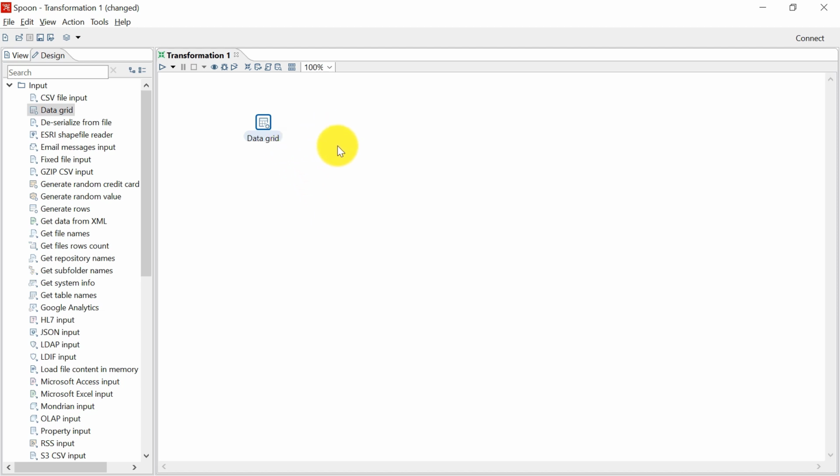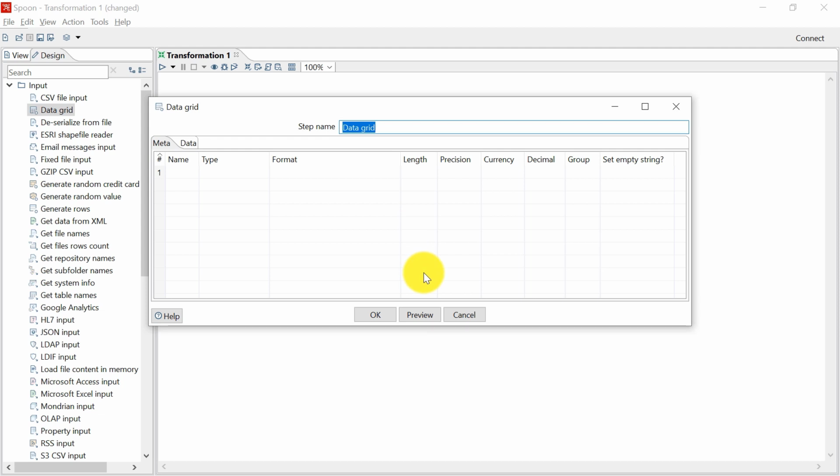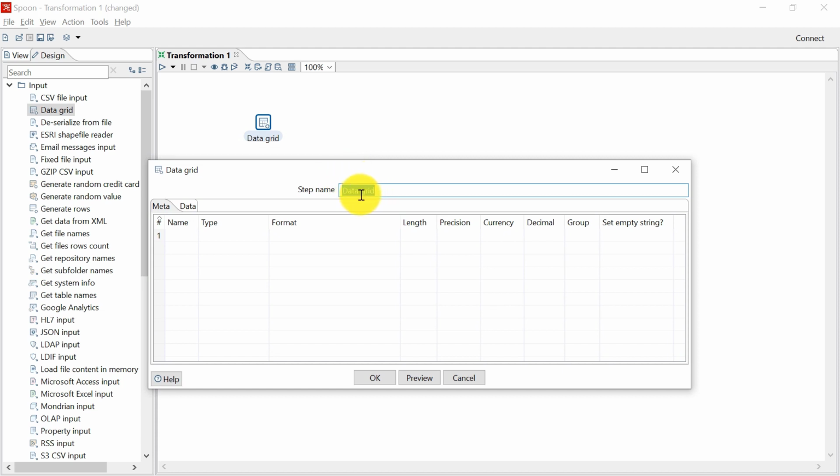To configure this step, we have to double click on it. And when you double click on it, this window pops up. The first thing that you will see is the name of the step. It is written as data grid and this is what it is showing here also.